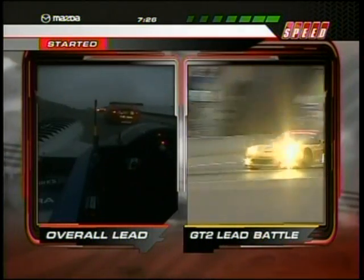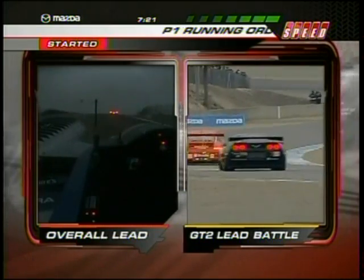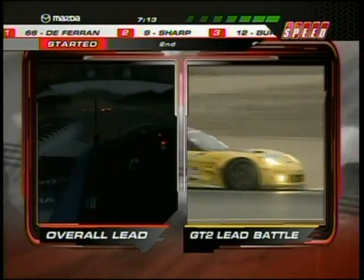To coast in the corners, roll off the throttle, get fuel mileage. We need mileage. You know, Adrian doesn't have to worry about it. He just goes running down and passes him. Adrian's been told to go for it. You saw the traffic separating the battle on the left, the